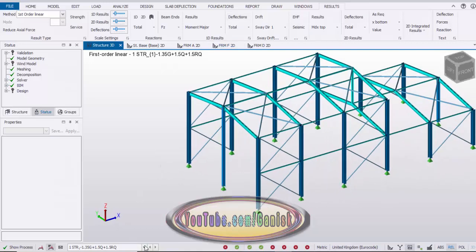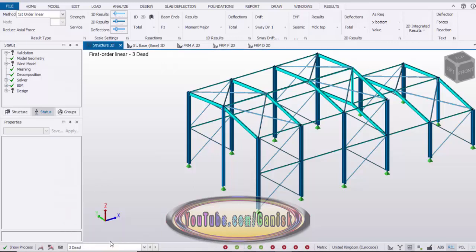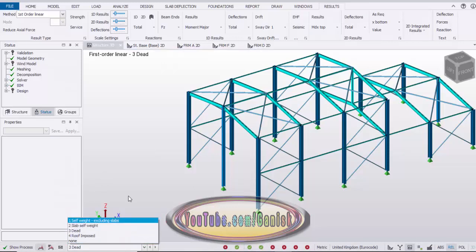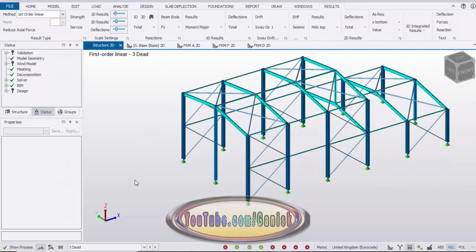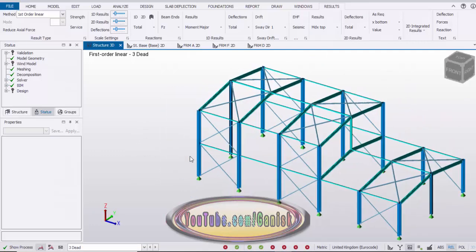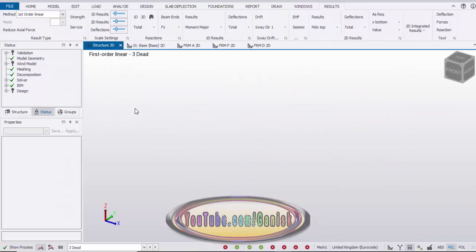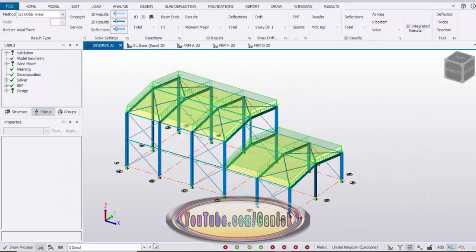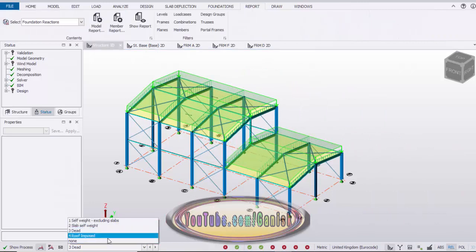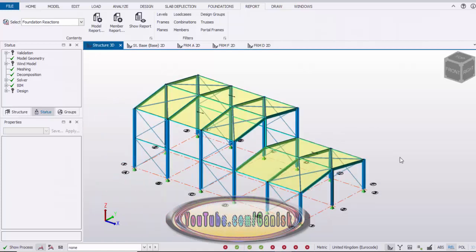Okay, you can change the load values here, and if you want to use the dead load and imposed load, then click on here and you can choose from this list. Okay, that's it about how to design this type of structure in Tekla Structural Designer. Right click on mouse, use this structural view to get like this. Okay, click on here and select this none. You'll get like this. Okay, that's it about how to design this type of structure in Tekla Structural Designer.